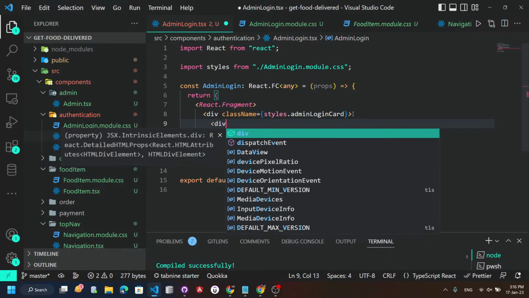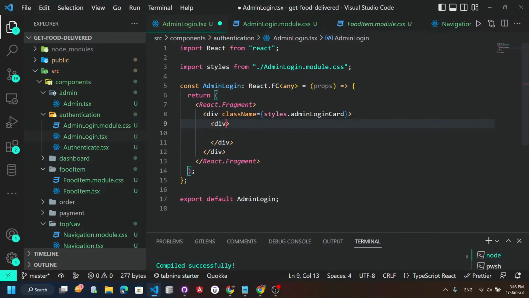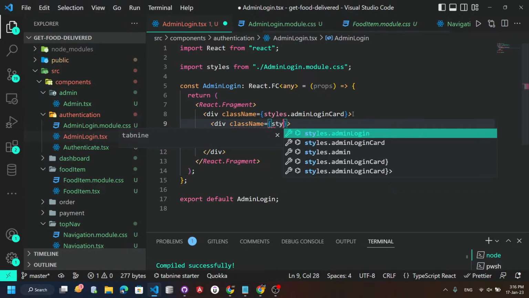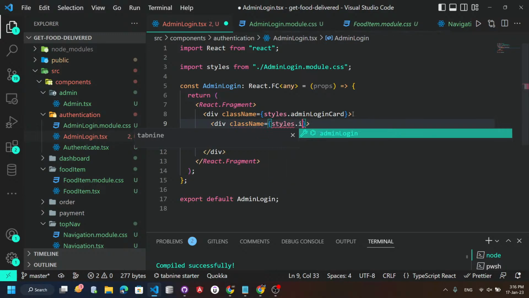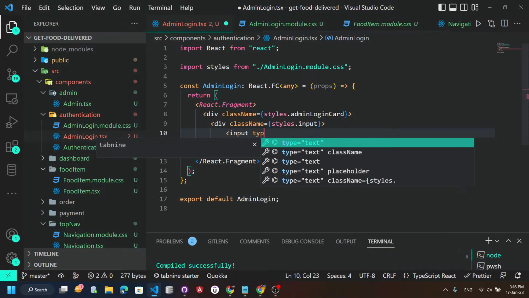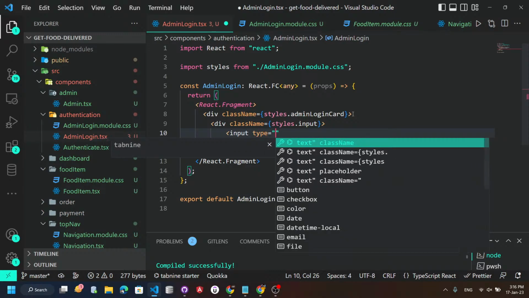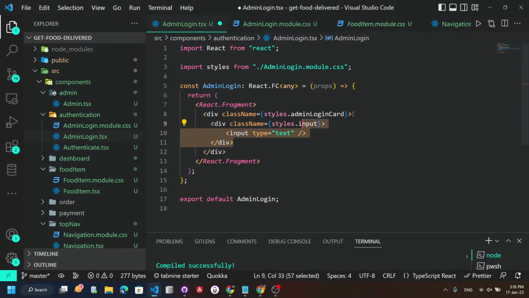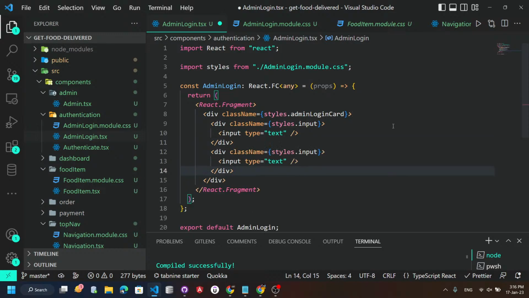do two divs, okay, the one div and it will carry the class of let's say styles dot input, ठीक है। तो यहाँ पे input हो गया, and यहाँ पे मैं लगा रहा हूँ अपना input type is equal to text, just फिलहाल यहाँ पे इतना, and इसको वापस से मैं यहाँ पे copy करता हूँ, let's copy this, and यहाँ पे वापस से input है, and इसको मैं password लगा देता हूँ. As I hit save,